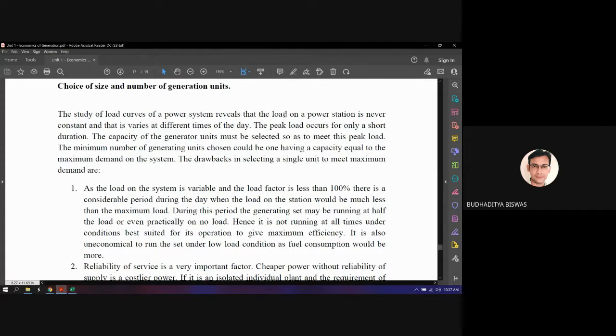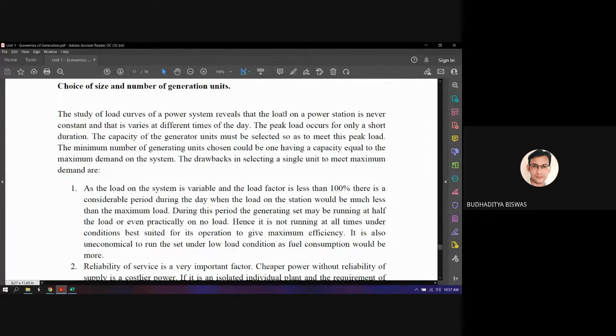In a particular day, again the maximum demand is not fixed. In a particular day, a total of 24 hours are there, and among the 24 hours, generally for most of the time the base load is there. Some of the time, like 4 hours or 6 hours or 8 hours, the maximum demand is demanded by the load, and in that time you need to generate that maximum demand. So your power plant must meet slightly more than the maximum demand. So this is the main criteria for choosing the size of the generating plants.